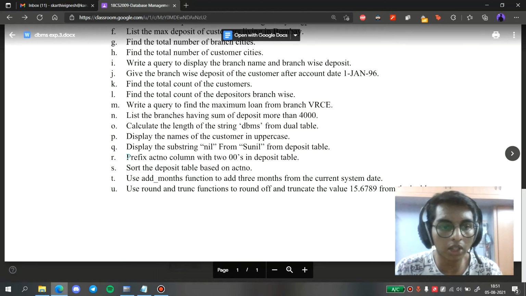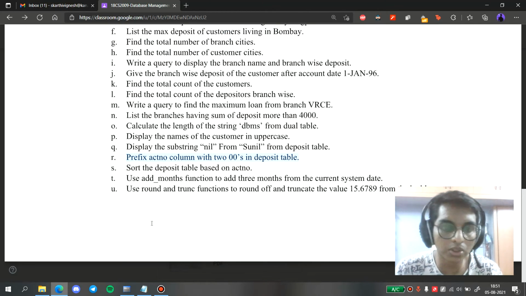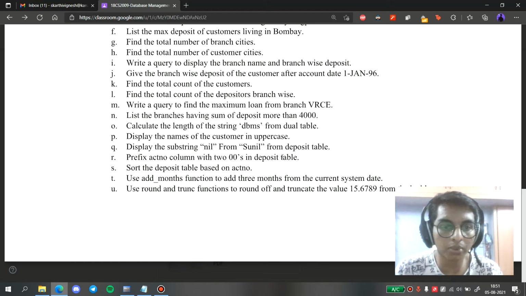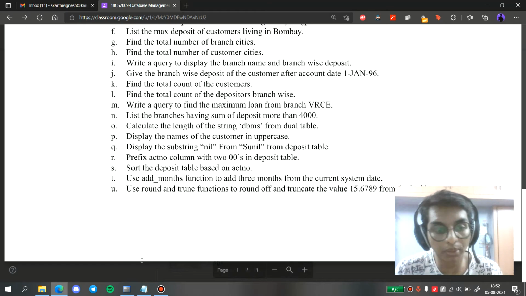So moving on, we have to prefix the account number column with 2 zeros in the deposit table. Again, it's a pretty straightforward command. We have to use the concatenate command to add double zeros before the account number.